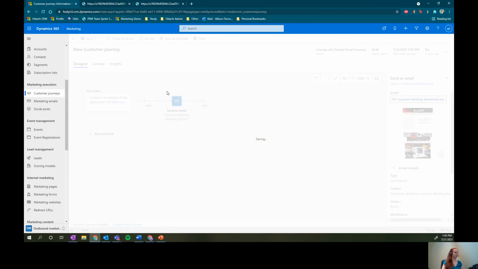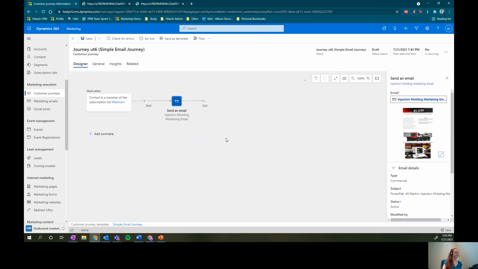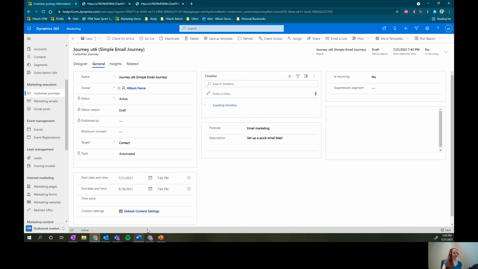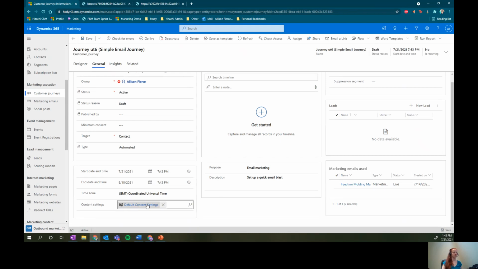So if I click save, I can go to the general tab, and that's where our content settings live. By default, it's going to use the default content settings. So if you really just want one perfect content settings record, you can just make all your changes there. But in this case, I want to use good old test that we went live with. And when I click save,